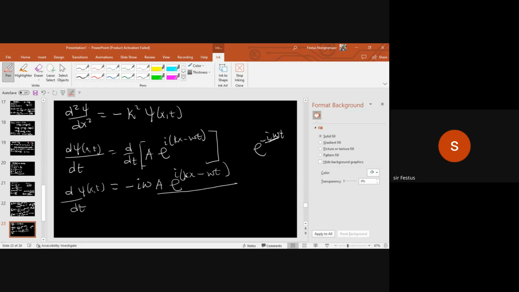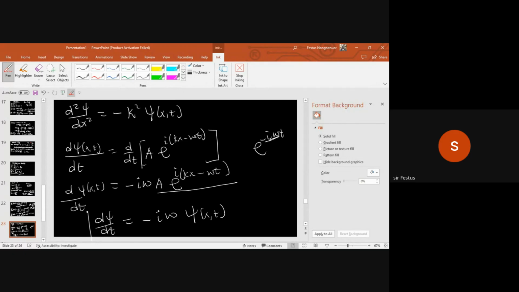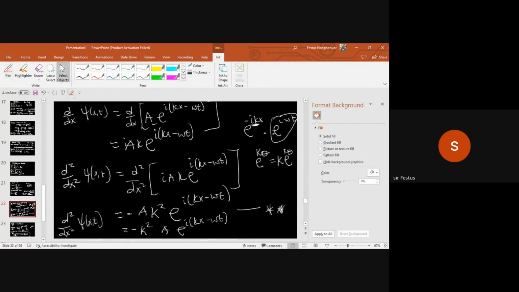So I can say that my first differential, which is the derivative of psi with respect to t, is nothing but minus I omega times psi as a function of x and t. So we are now going to use these two expressions to come out with the Schrödinger equation so that we can express it